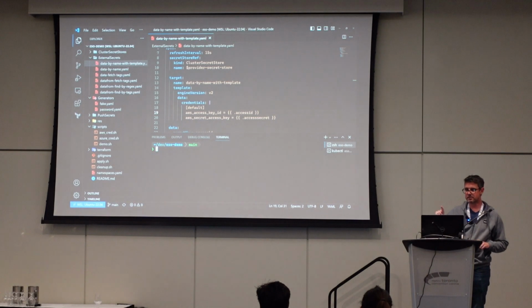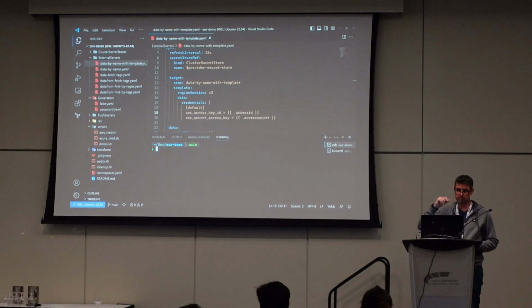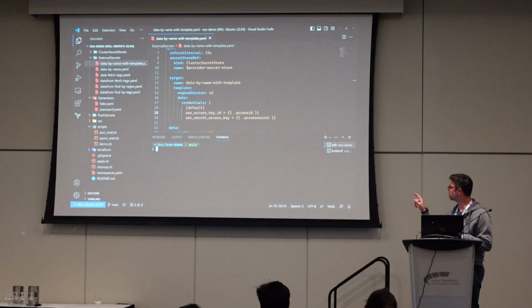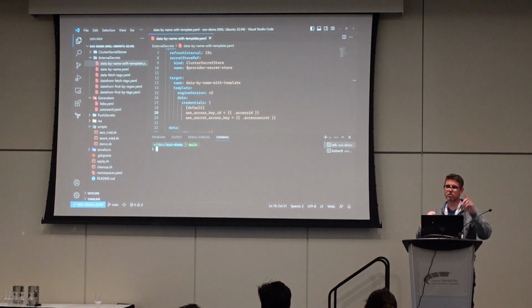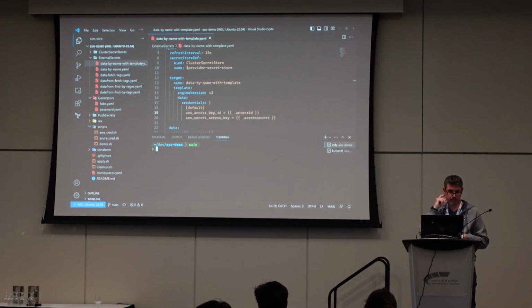I already set up a Minikube cluster on my laptop. I have set up Azure Key Vault, AWS Secrets Manager, and a local Vault instance. I have Vault installed also in that cluster. And they all have the same secrets. I used Terraform to create the same secrets with different values, but the same secrets in all those providers. So what I'm going to show you is that I'm going to,